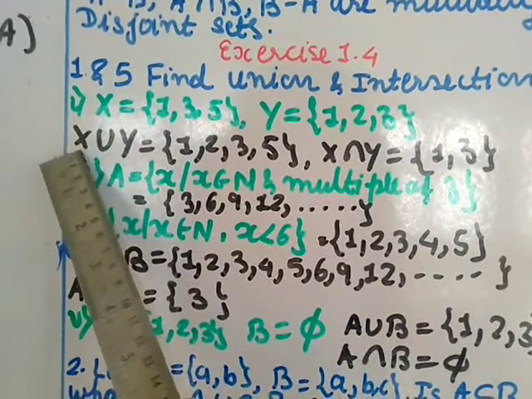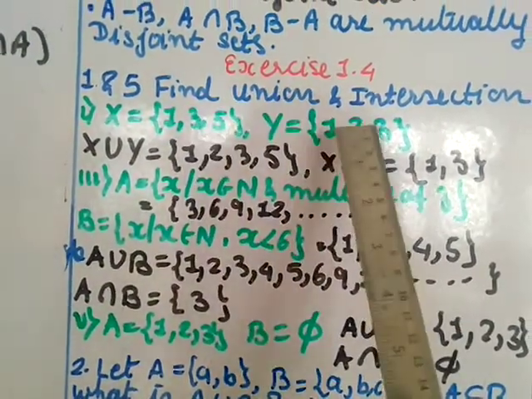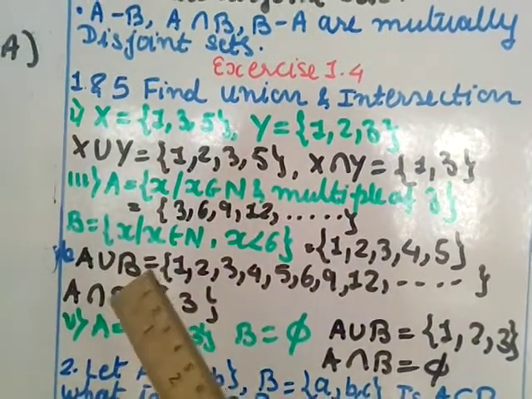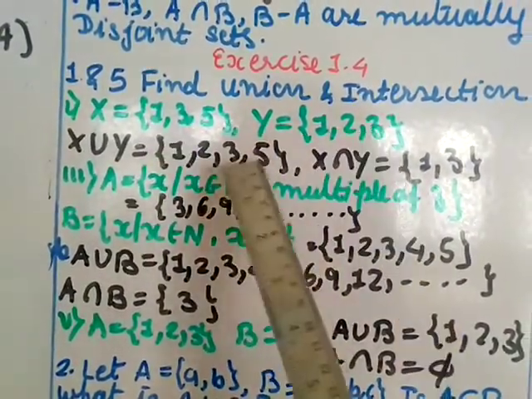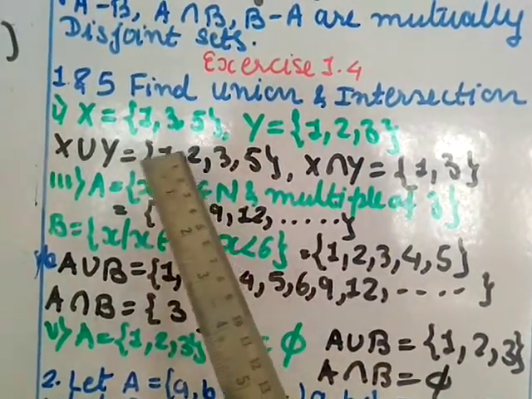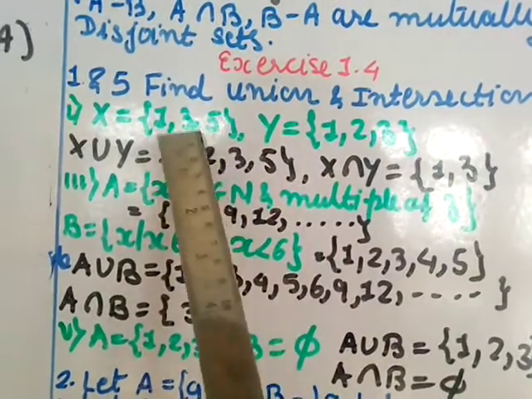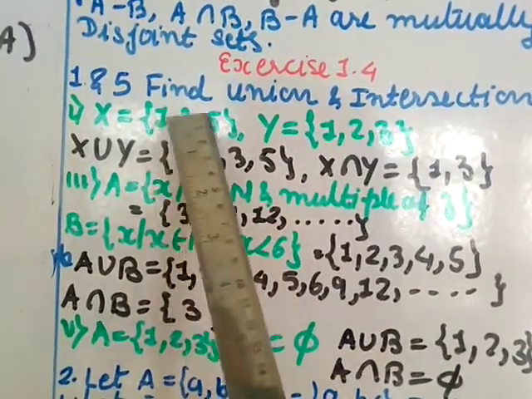So first I will find X union Y. You can see all the elements of X, all the elements of Y, and those which are included in both. 1 is in both, so I write it here. 3 is here, 3 is also here, so write it here. 5 is not here, but 2 is here, which is missing, so you have to write 2. So all the elements of X and Y are 1, 2, 3, then 5.